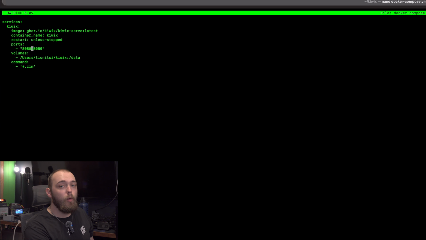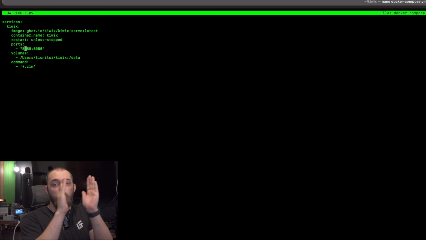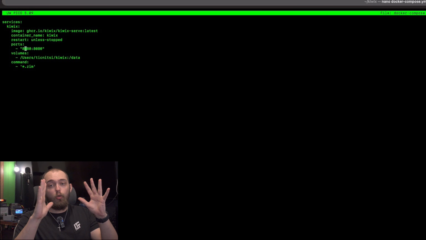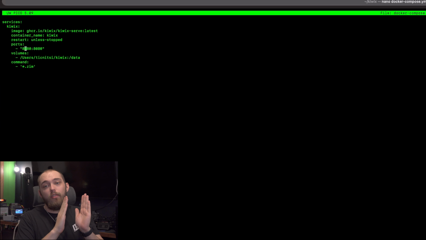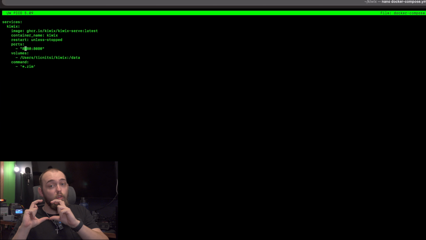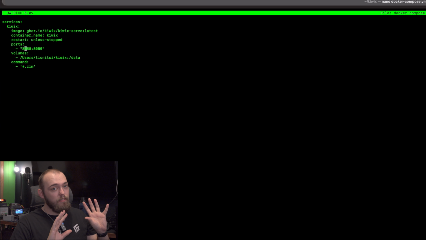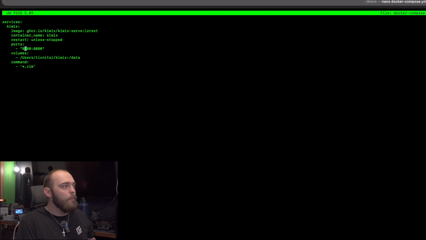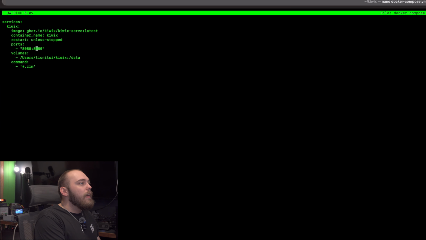So the way Docker exposes ports on a network is the first port is the actual external facing port. And then after the colon is the internal port to the container. I'm not going to go into more detail on that because that's getting into really high-level Docker stuff, and this is not a high-level Docker video. So I'm going to leave that at 8080.